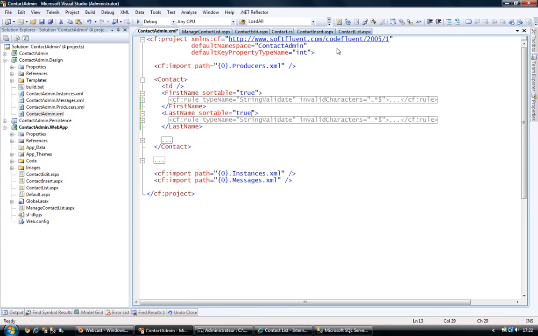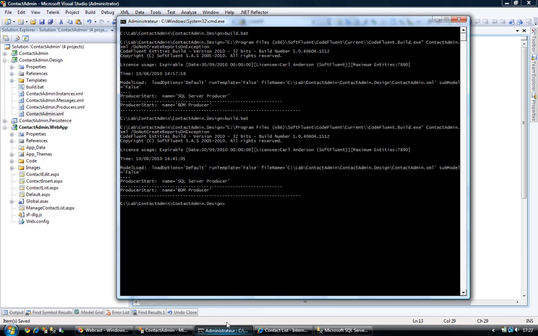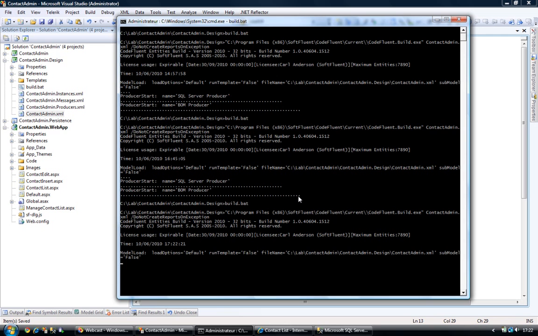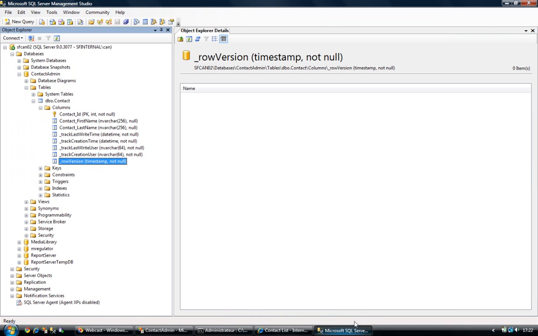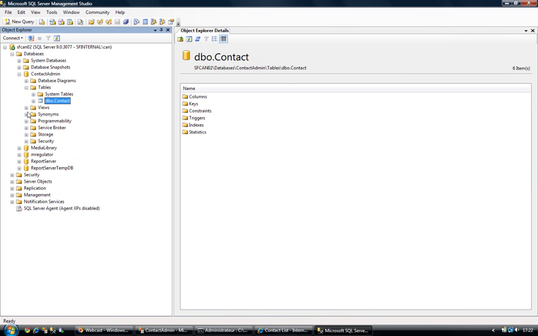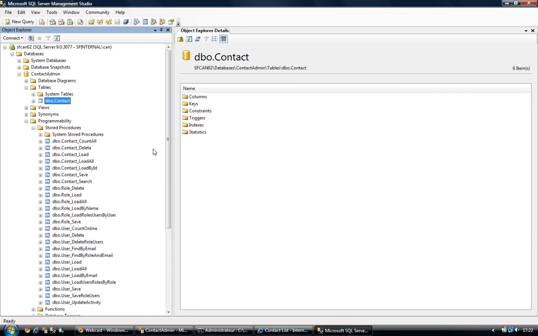I'm going to need to rebuild my application, since my stored procedure will change. The stored procedure will now implement sorting on those two columns, and the BOM producer will simply call the new stored procedure with the paging methods. So if you go and check our stored procedures in our contact admin database,